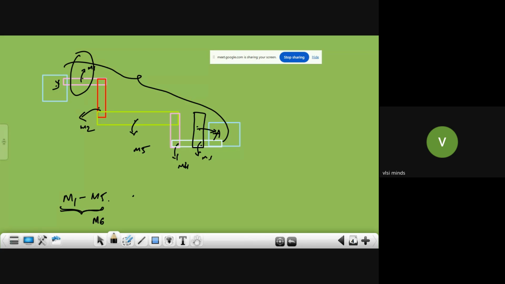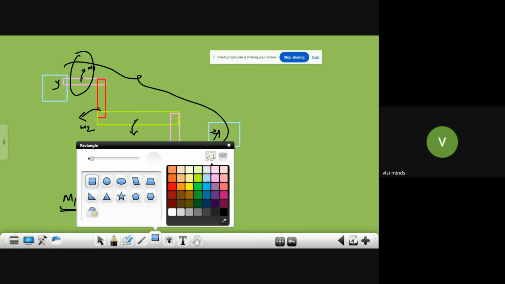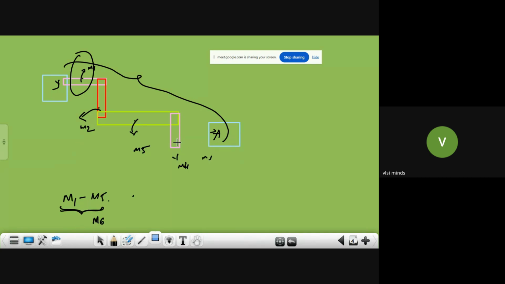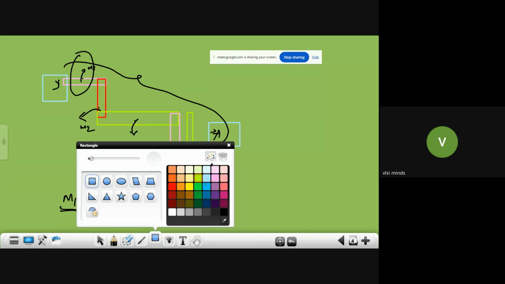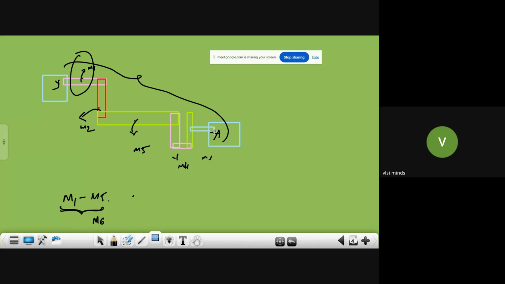So instead of using M1 directly, you can use M5 here, and again go to M6. Then from M6 you use M1 to connect here, or use M1 like this and make a connection. So now this is M6.